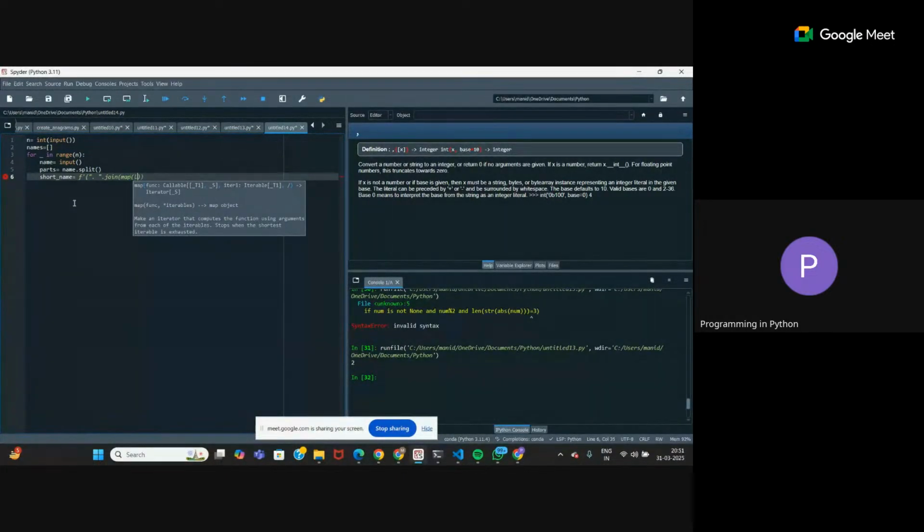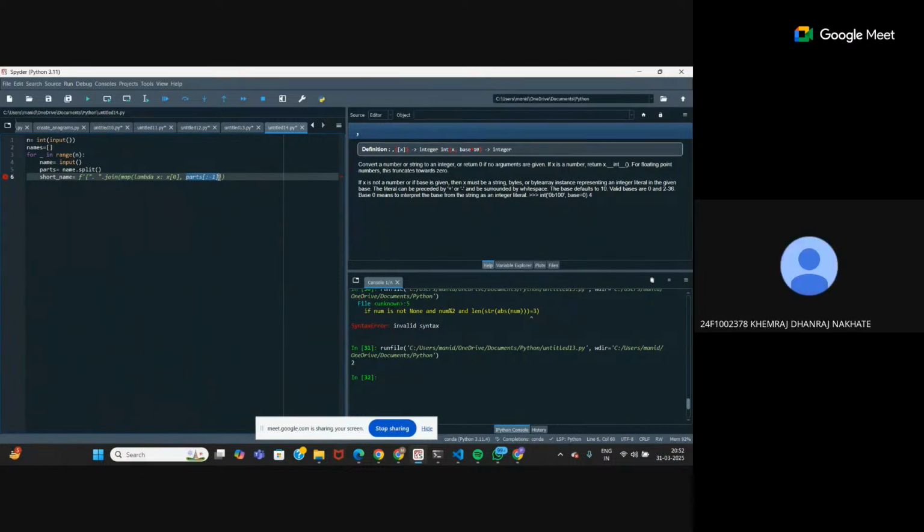Okay. Lambda x is the parameter. We'll take x of 0. Then parts. So what does this take? This parts, this sliced part, what is this? And we'll take the last name. Last one. Surname. Last name. Reverse of the surname. So then you also have to join the last name at the end, right?